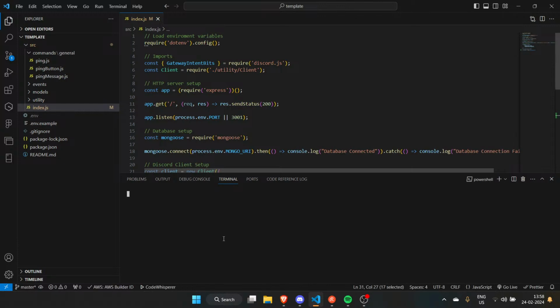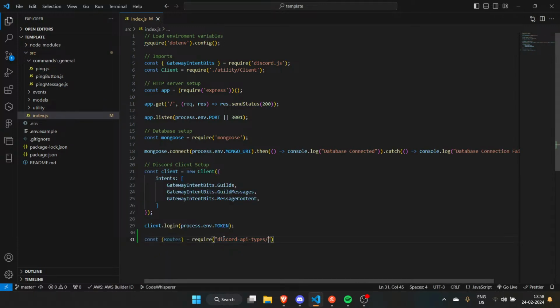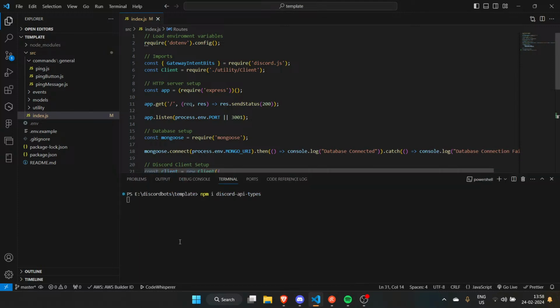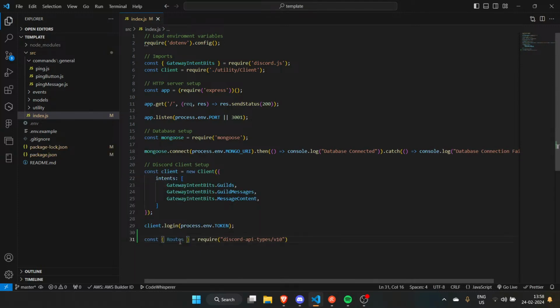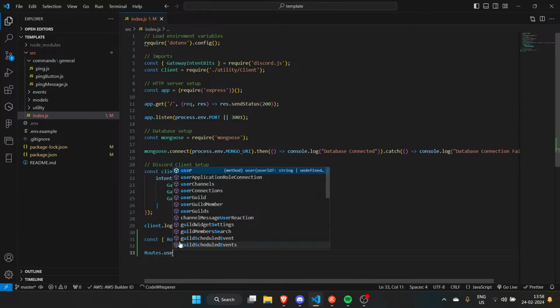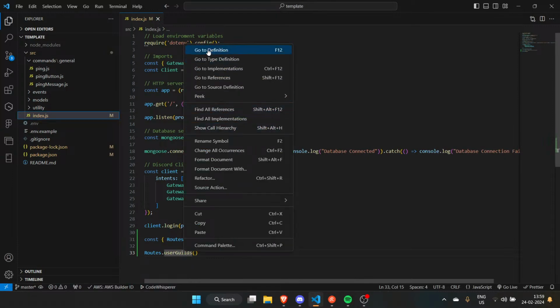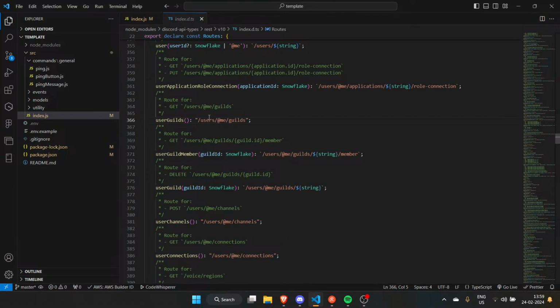Yes, that's it. npm i that, enter, /v10. So then we need to do routes dot user guild. So it is /users/@me/guilds. That's it. So they're doing the same thing. So I wasted all of that time to do nothing.